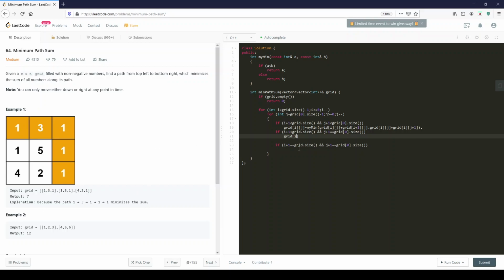Grid[i][j] equals, then we don't need any min here, so it would be this over here. Okay, else, sorry, we wanted else if